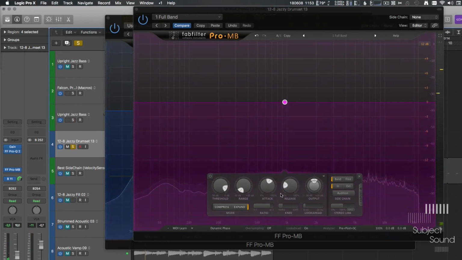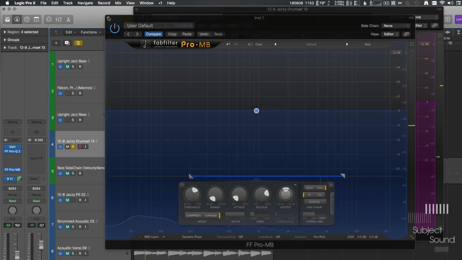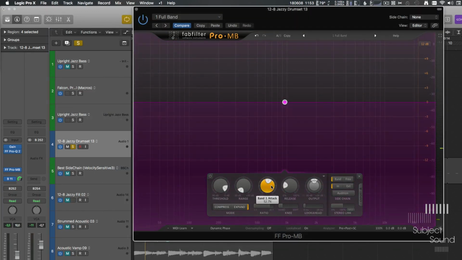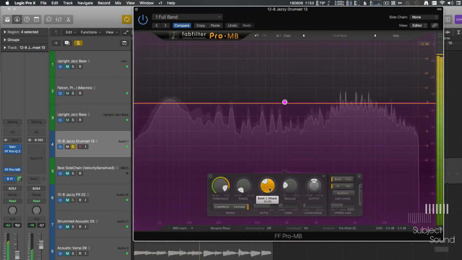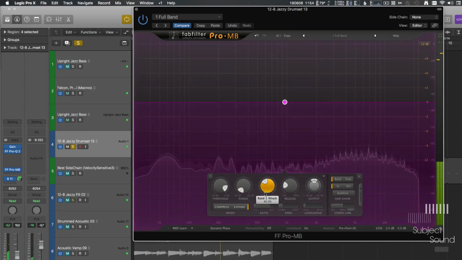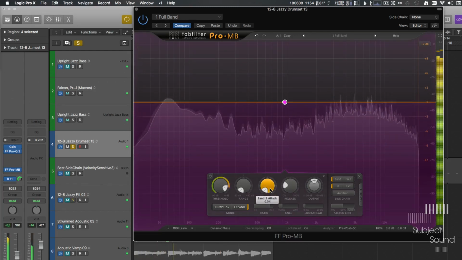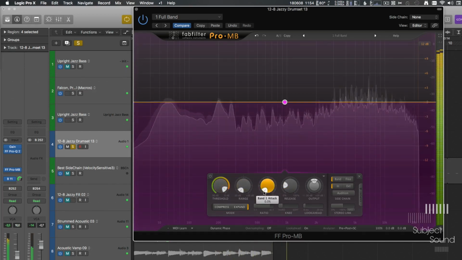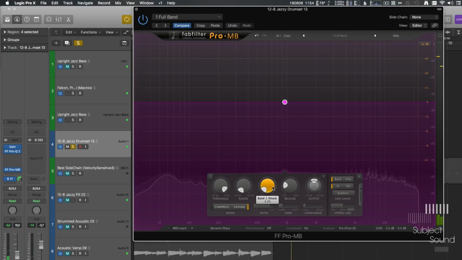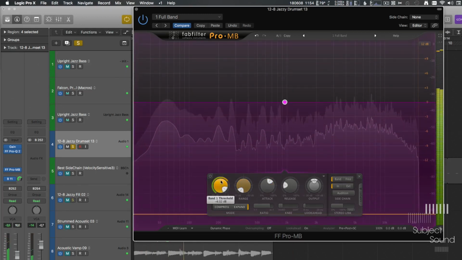So, that was for the release, and with the attack we can do the opposite. With the attack we can also do some fancy stuff, like in this case we're creating almost like the drummer is playing more softly. You get the brushes kind of feel, you know, instead of using drumsticks, using drum brushes. If I set this all the way to 0, it gets pretty clicky, but with a soft attack,